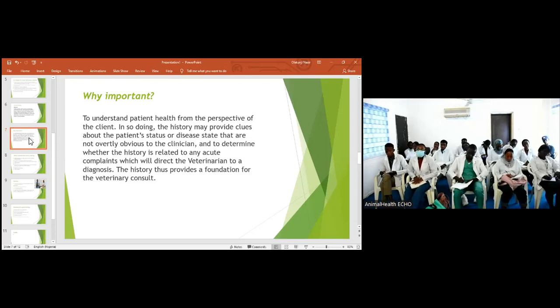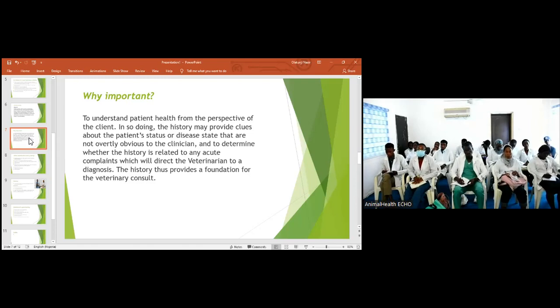You are touching the cat or the animal and it is feeling warm in certain areas. You are the one who will pick that up, because the owners will not tell you all that. It may not be obvious. So whether the history is related to any acute complaint, which will direct the physician to a diagnosis or not,